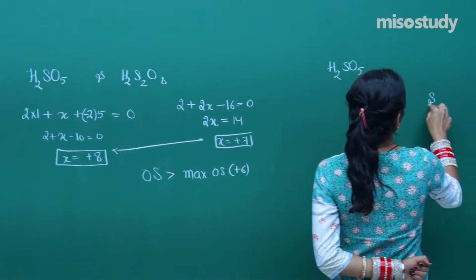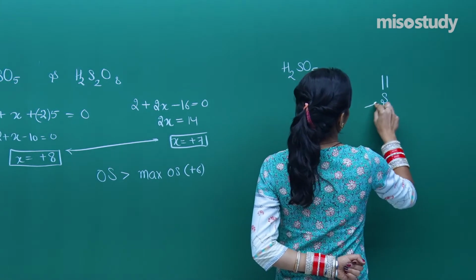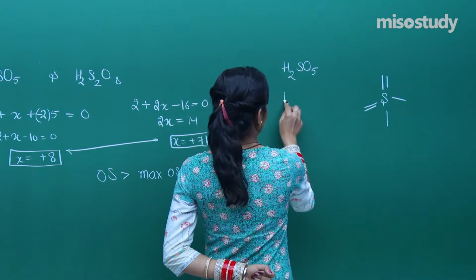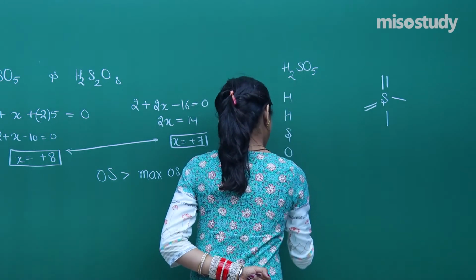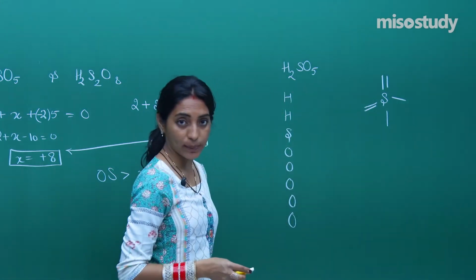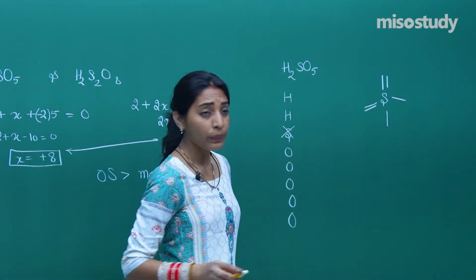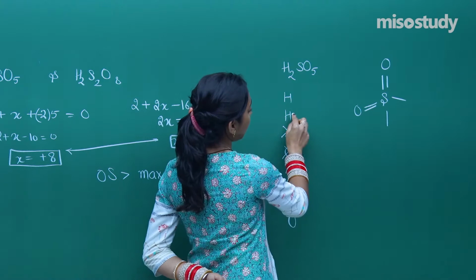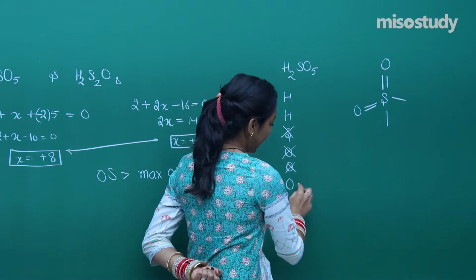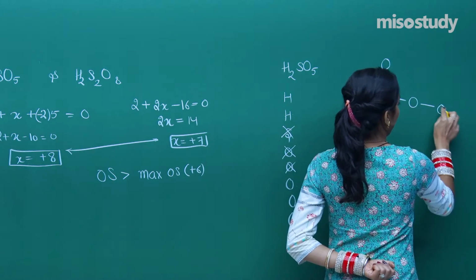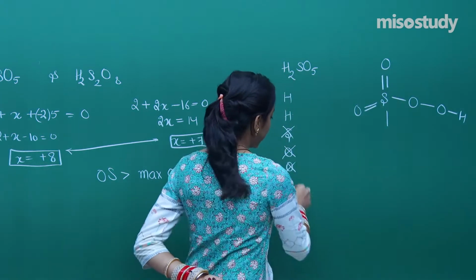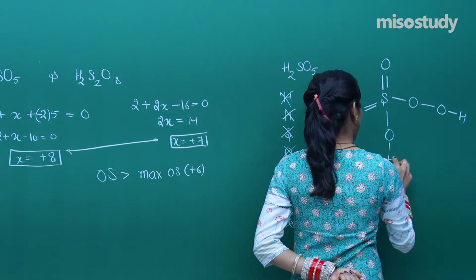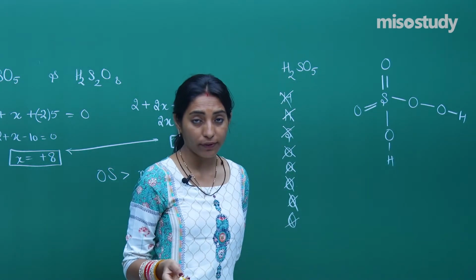So it should be sulfur, and first of all let me draw the skeletal structure. Sulfur will have 2 double bonds and 2 single bonds. Now we have these all I have to fix in the places. So this sulfur is done, 2 double bonds are there, so there have to be 2 oxygens, right? Now see, in any of them you have to make one OOH bond, okay? So OOH is done, and the another you can place OH. This is the final structure of H2SO5, okay?